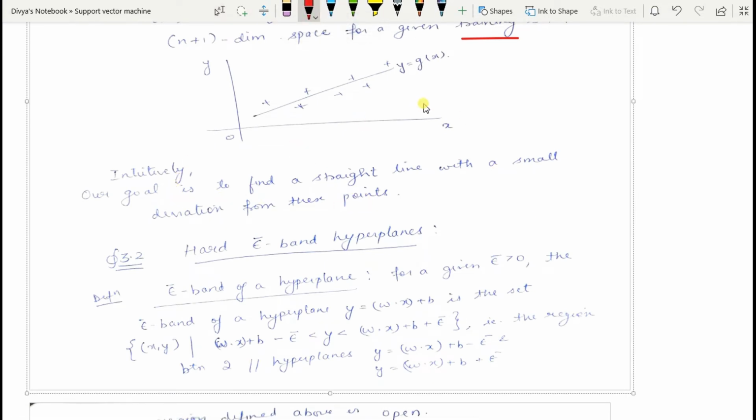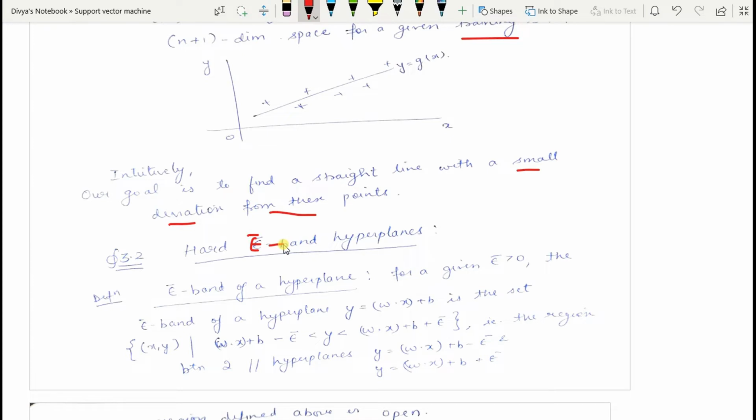Okay. So intuitively, our goal, if we are considering one-dimensional space, is to find a straight line with a small deviation from these points. The deviation can be very small from these points, but intuitively what we have to find is a straight line that would divide it into two regions. That is our main aim. With a small deviation, we are considering that there can be a small deviation. So therefore there comes the next